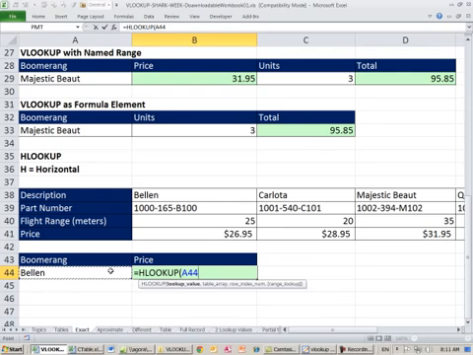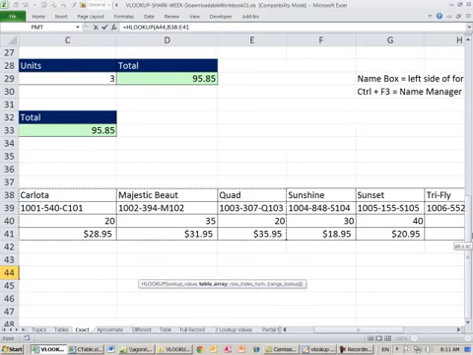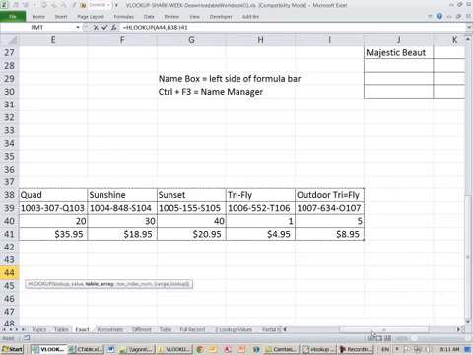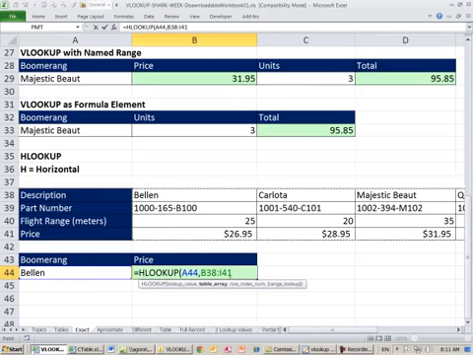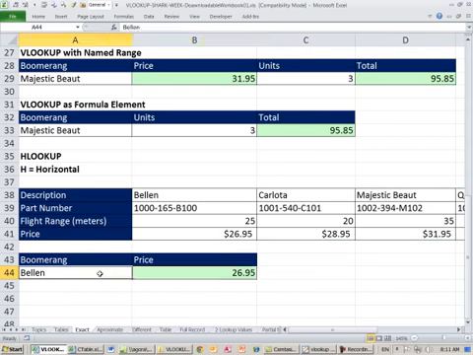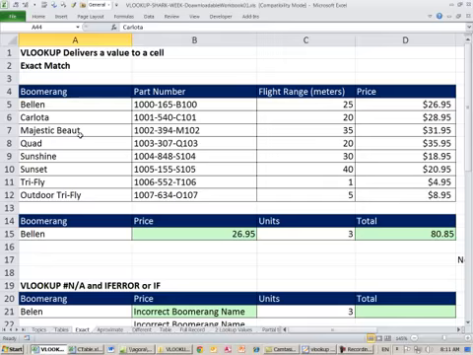So the lookup value this, comma, the table array. With H and V lookup, you never highlight the field names there, comma, it's still 4, 1, 2, 3, 4, but now it's row, comma, 0. Right, so if I change this to Carlota, it changes. All right, so that is a bunch of things about VLOOKUP and exact